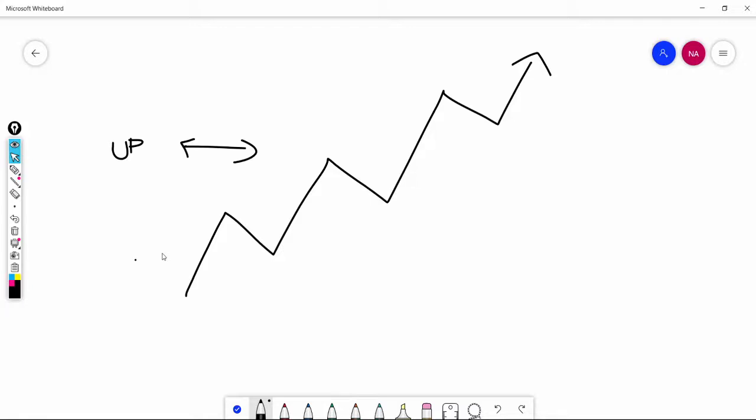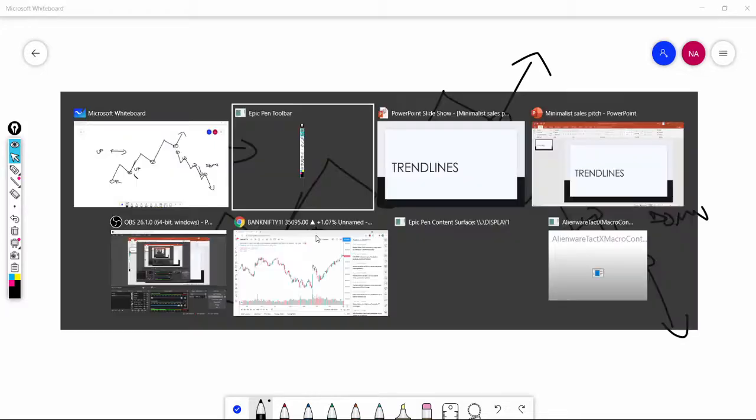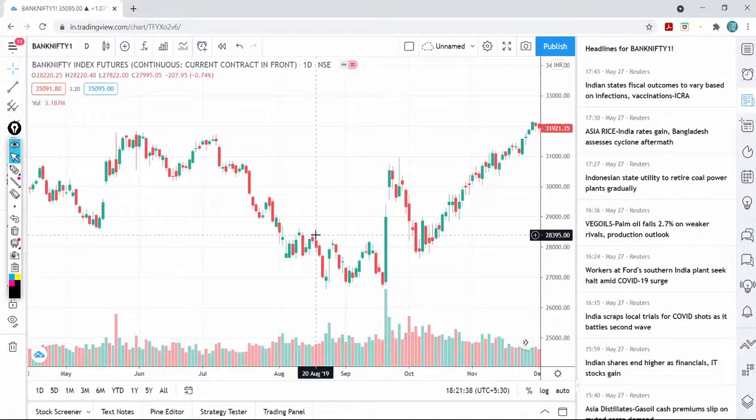Now, how to draw a trend line is we need to choose all the major zones from which price reversed in an uptrend. I'm speaking the same for a downtrending market: we need to choose all the major highs from which the market reversed back towards the downside. Same in an uptrending market, we need to choose all the major points from which the market reversed towards the upside. Once we choose these points, we focus on drawing the trend line. So how to draw a trend line? Let me show you with the candlestick chart.